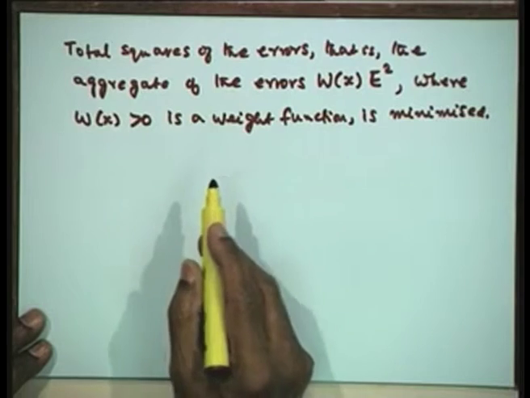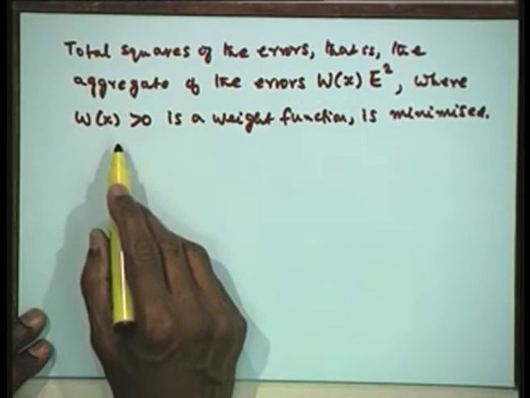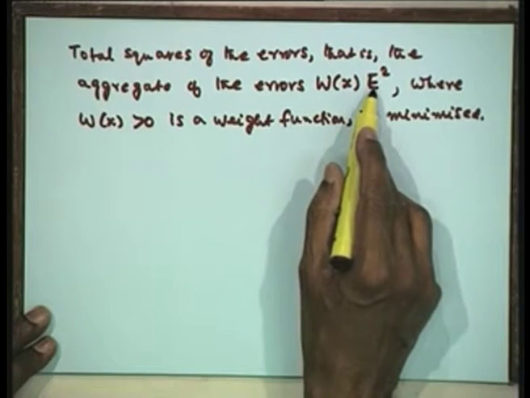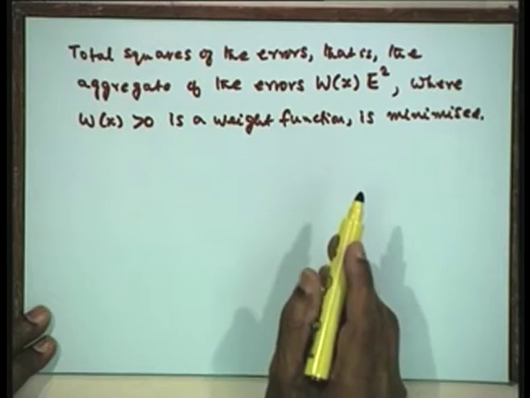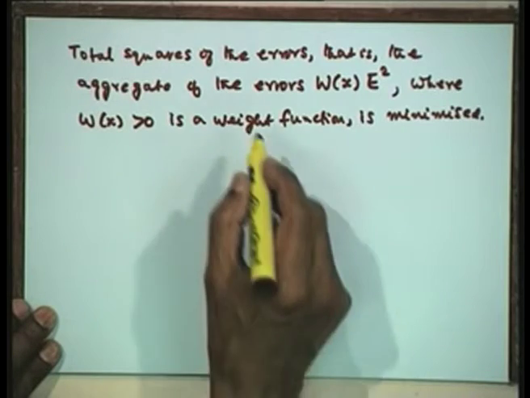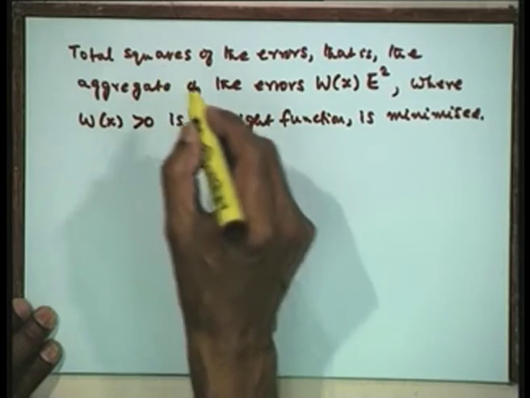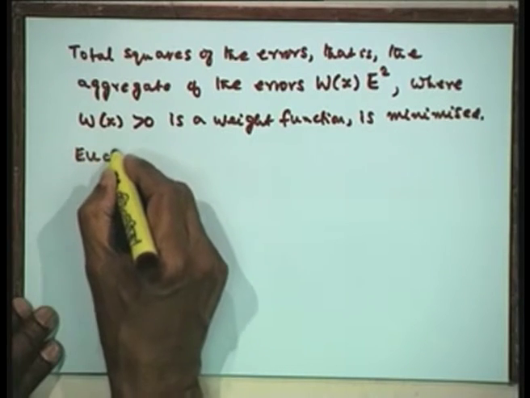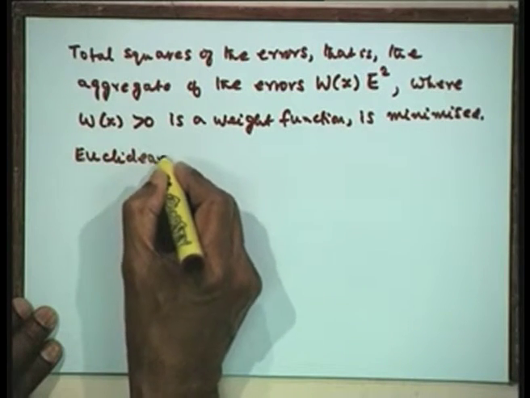In many applications we just take the weight function as 1, therefore, it will be simply minimizing the aggregate of the errors E square over the entire interval that is given to us. Now, why we are using this is how the Euclidean norm gives this. Let us just look at what is the definition of Euclidean norm. The Euclidean norm